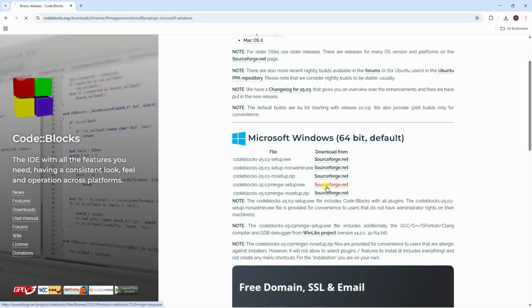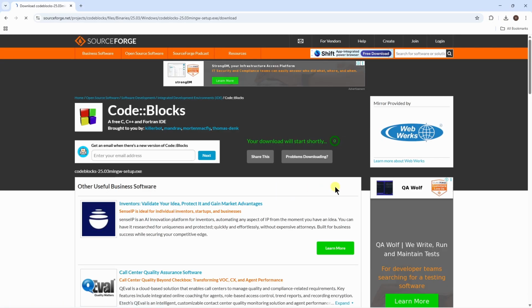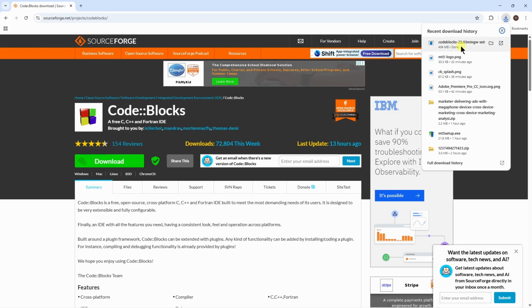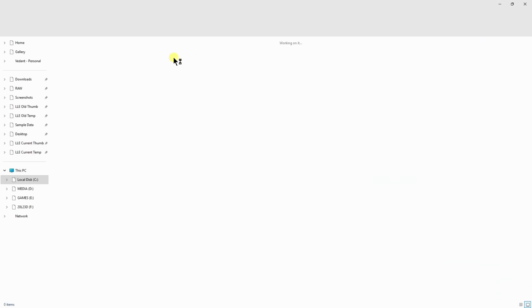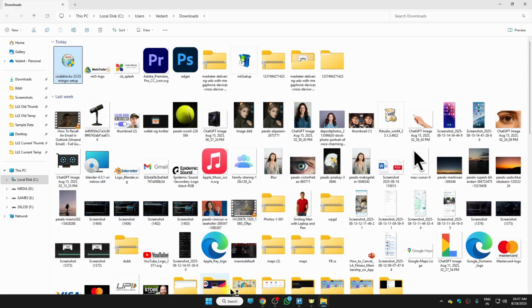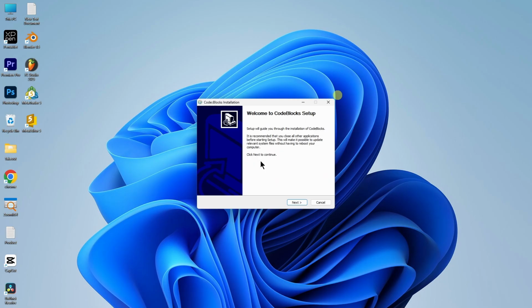For that, click on this link right here, and after some time the downloading will automatically begin on your laptop, and you can see the setup file size here, which is 404 MBs. And once the file is downloaded, we need to open that in our download location, and when you open it, we just need to double tap on the setup file like so, and then it will start the installation process on your laptop. It might ask you for administration permission, just click on yes, and now on the next window